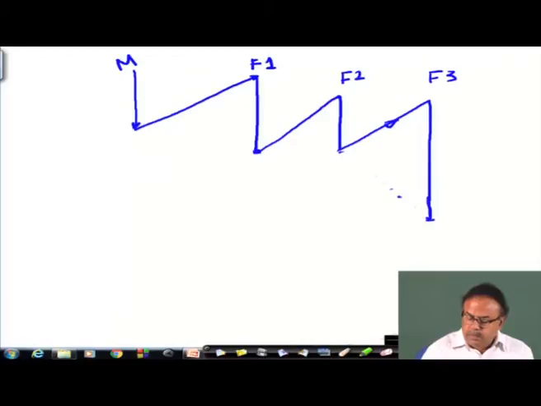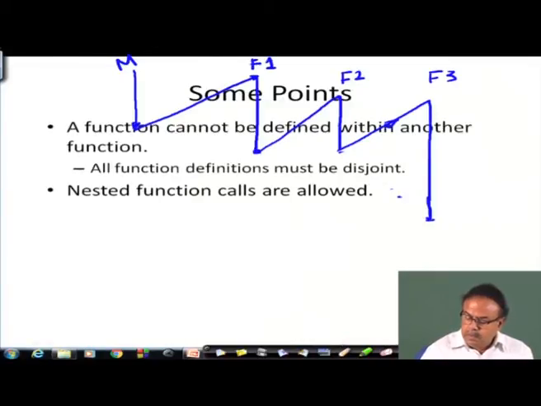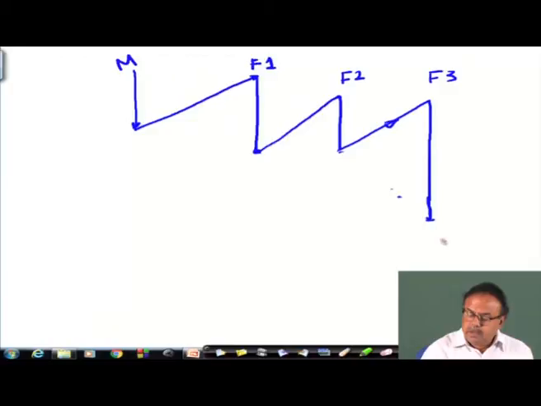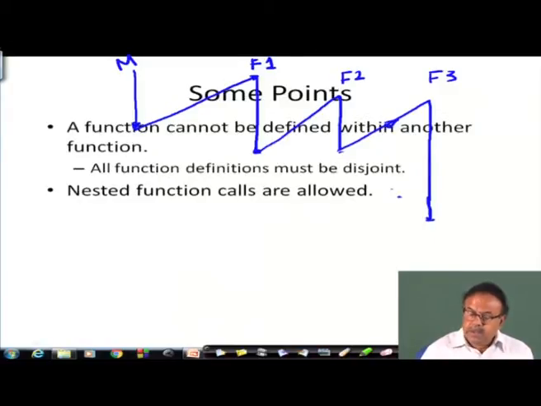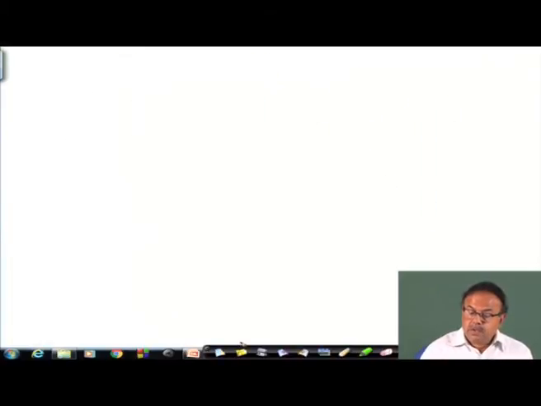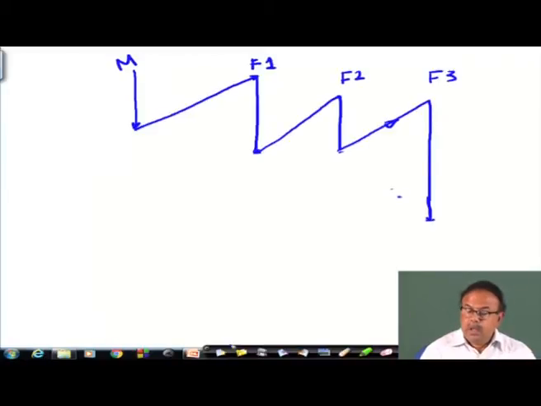So, I am not getting the color. Let me use the existing color, whatever was there. Where did it go? So, from here, now the color has come. So, I can show the return here, I am returning, but then again I am continuing with this function,